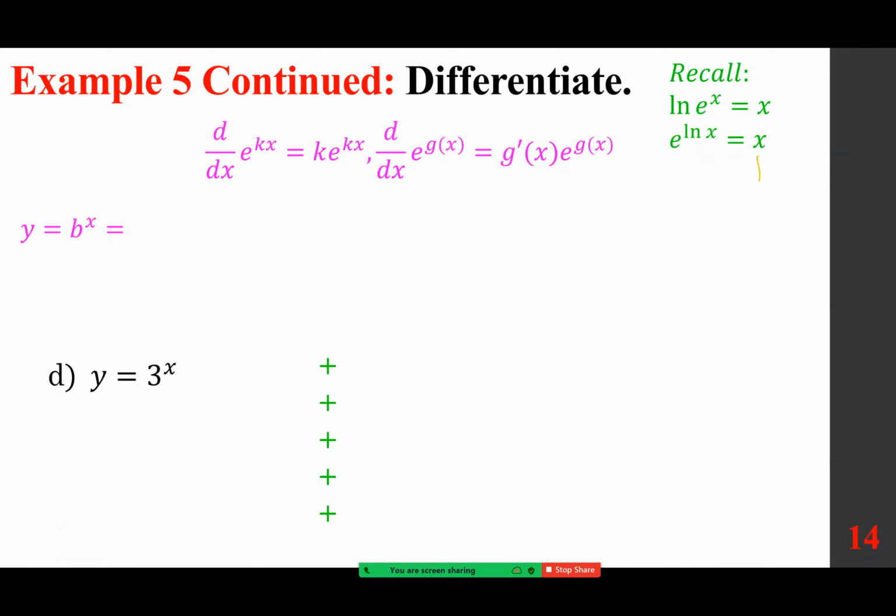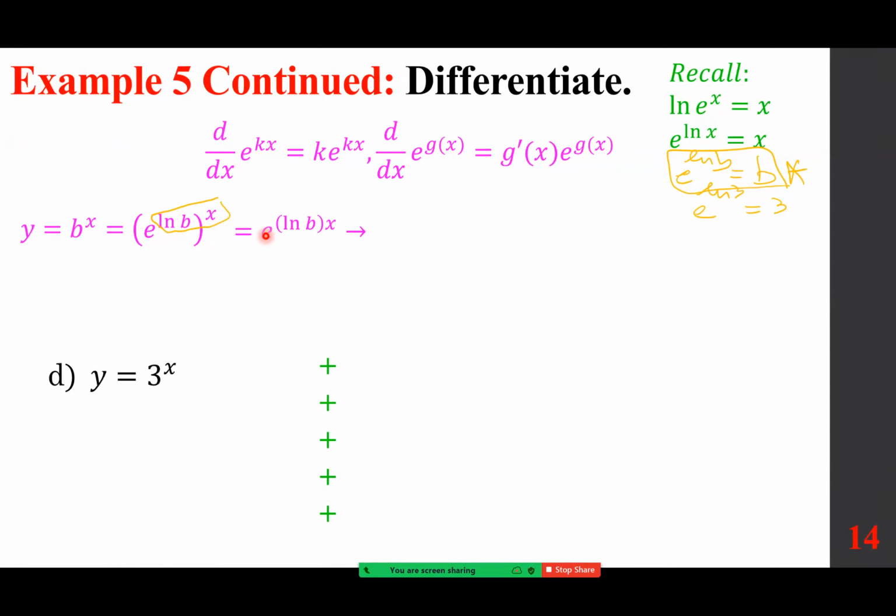So for example, here, if I want this to be b, this becomes e to the power of ln b. You see that? If I want it to be 3, then it's e to the power of ln 3. So we're going to stick with this for now. And we're going to change the b to e to the power of ln b. And by the power rule, these two get multiplied. So ln b is a number times x. And this we know how to differentiate